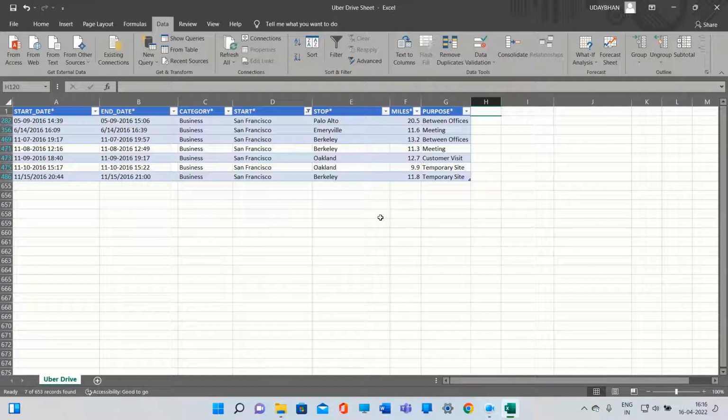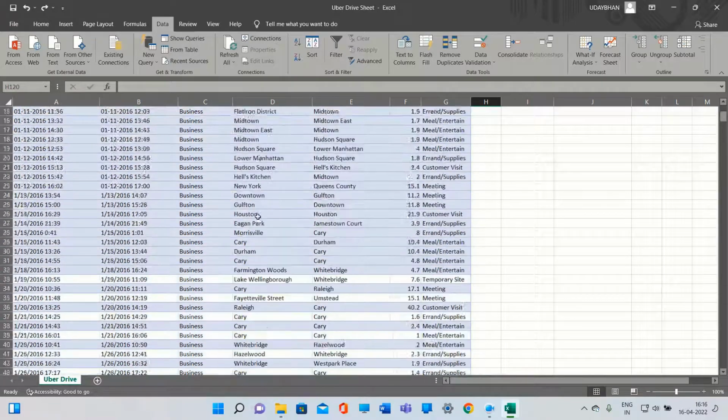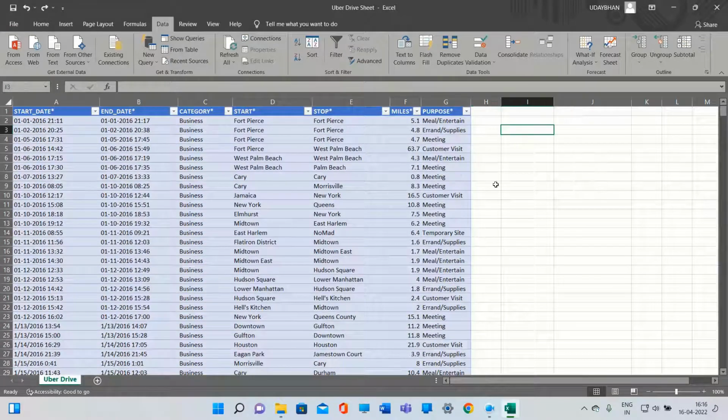What is the most popular starting point of Uber drivers? So okay, let's change our table to our original data. So okay, we have got our original data. Just undo, Control J, go here, upper button of home, you can see the undo button. So what is question number 15? What is the most popular starting point of Uber drivers?